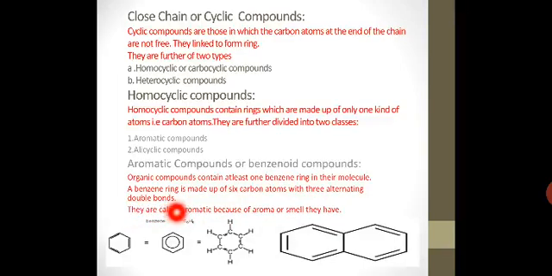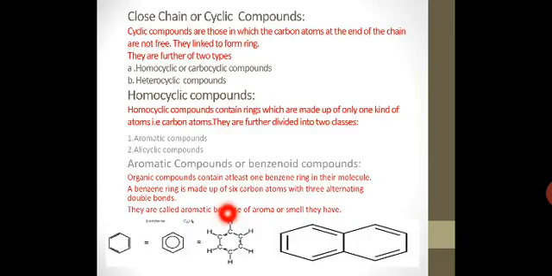Now, what is a benzene ring? A benzene ring is made up of 6 carbon atoms with 3 alternating double bonds. In this structure, you can see that 6 carbon atoms are present, and at alternate positions there are double bonds. Such a structure is called a benzene ring. And any molecule in which at least one benzene ring is present will be termed an aromatic compound